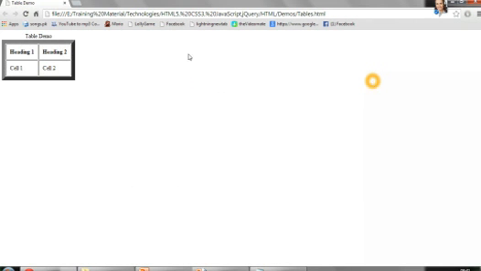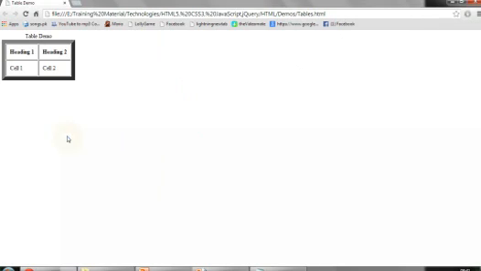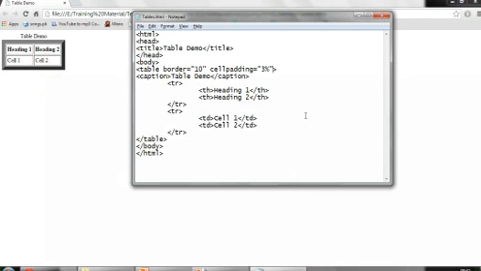Just refresh it. Now everywhere there is a 10 pixel space in each of the cells. Like this you can increase or decrease the space. If I do it as 3% and refresh it, you can see only 3% space is there. So I'll just make it 10 only.